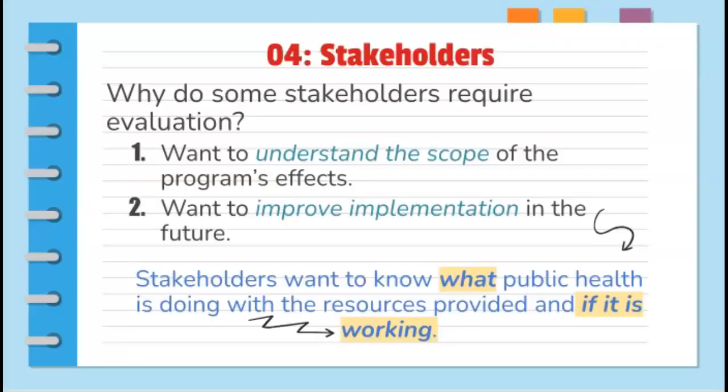Let's talk about stakeholders. Stakeholders are anyone who has a vested interest in your program. This can also include funders, but it also can include community members. So for example, if you were working on a program to improve maternal health in your community, maternal health outcomes are something that impacts the entire community. So you might look at religious groups, you would look at healthcare providers and healthcare centers, you would look at public health, you would look at whoever is funding your program, but there might also be some areas that you might not normally think of.